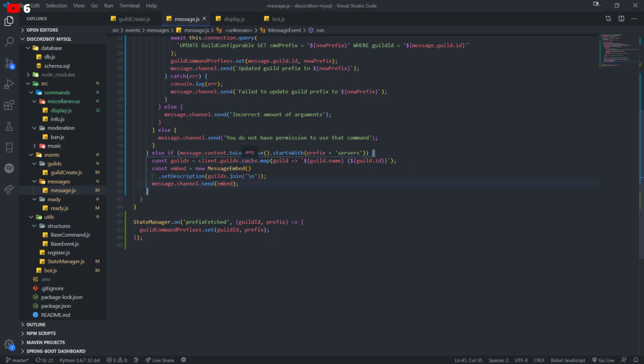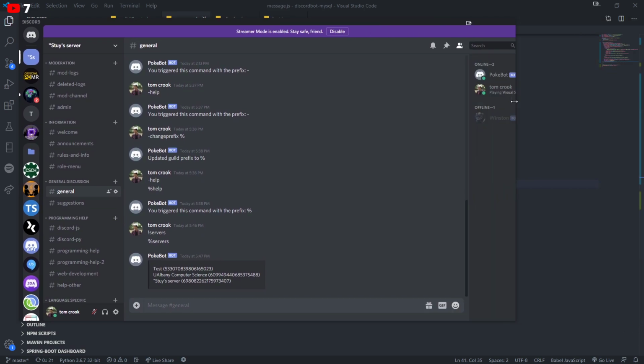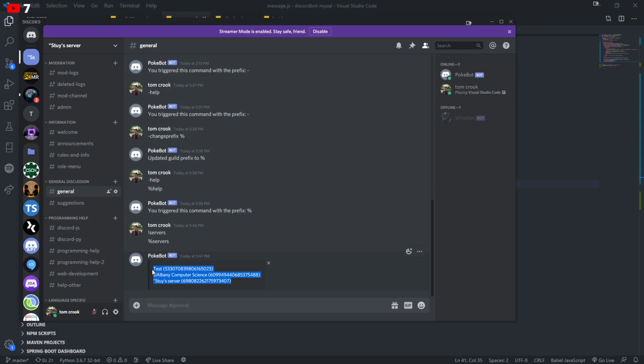Because all we're doing is we're referencing this cache, which is a collection, and it has all of the guilds that the bot is in. And when we call map, we are transforming this collection, and we're going to return a new collection, or an array actually. And we are just joining the name of the guild with the ID of the guild. So your responsibility would be to take this array and make it show all the guilds that the bot is in, which is what it is doing over here. Now, if your bot is in a lot of guilds, let's say 1,000 guilds, then you're probably going to have to separate it, because I think there's a certain limit on embed messages.